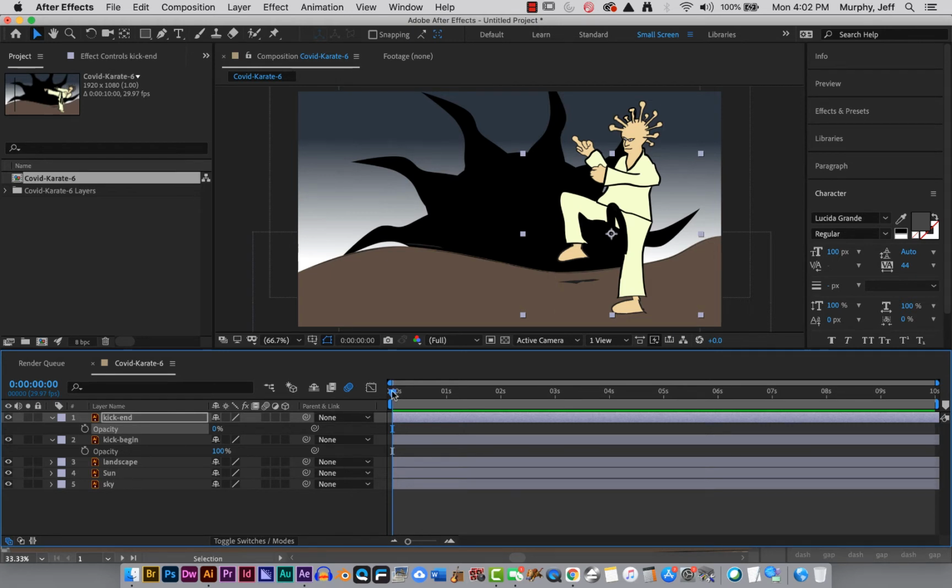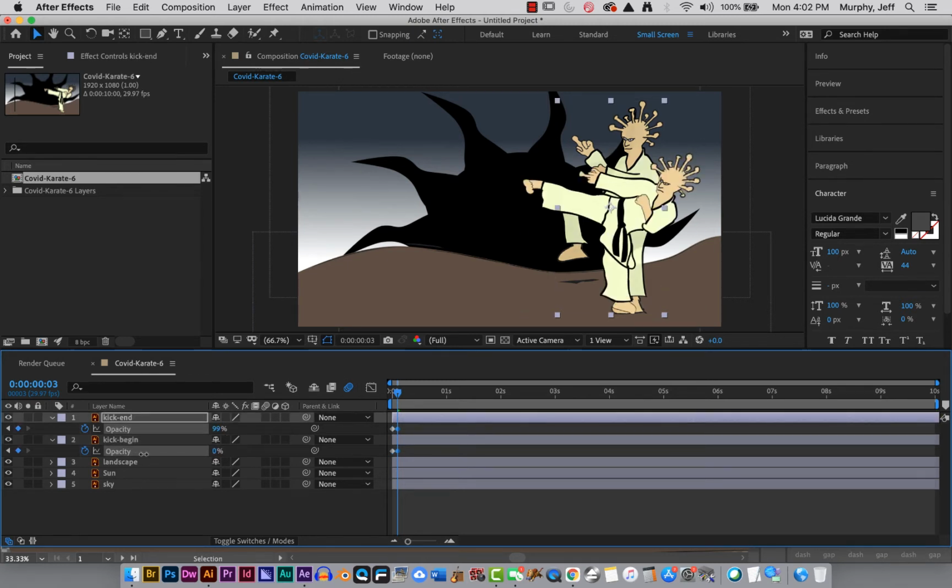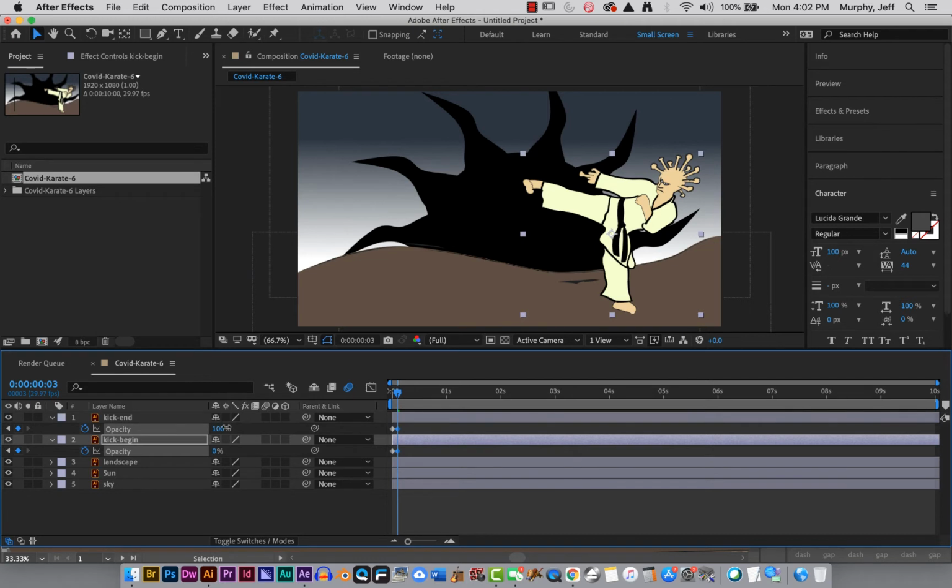All right, and then I want it to happen pretty quick, but I need to set my initial keyframe with the stopwatch. From then on, every time I change the value, it'll put in another keyframe. All right, so I click the stopwatch just once, sets my initial properties, stores those values, and then I can come here. I'm only going to go like 3 frames. And I'm going to turn this one up to 100 and turn this one down to 0. Oops, that's not 100. And so what happens is this. Whoosh,